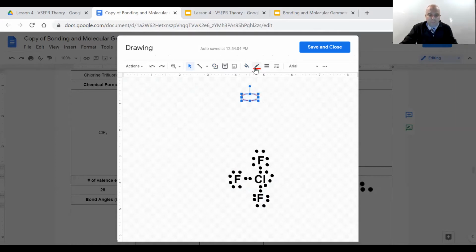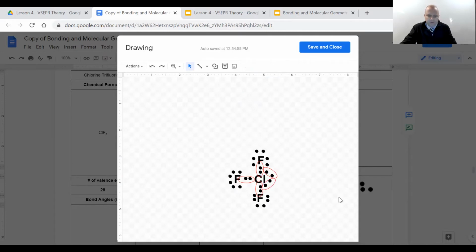So I'm going to make the ones that are bonding blue, as soon as I do that in a second. So first we'll identify all of them. So I'm going to do this and I'm going to rotate these just like that. So I have 2 there. I have 1 pointing straight down. So it's going to be a 90-degree one. Again, you don't have to do this part that I'm doing. I'm just doing it so you can identify where all of the electron domains are. So that's going to go around these 2 right here. And then finally, the last 2